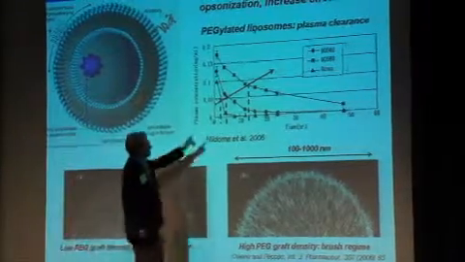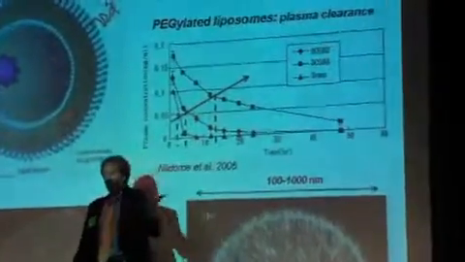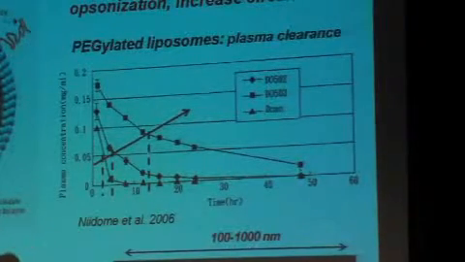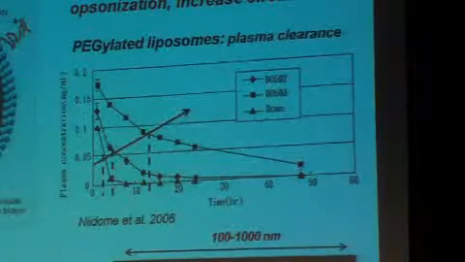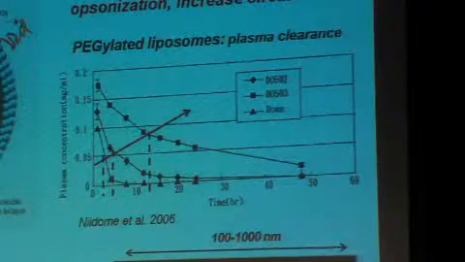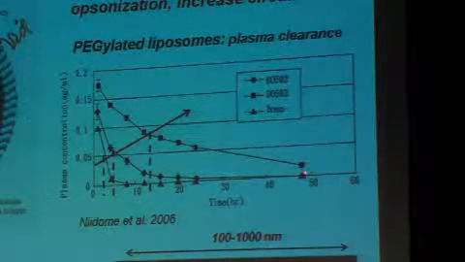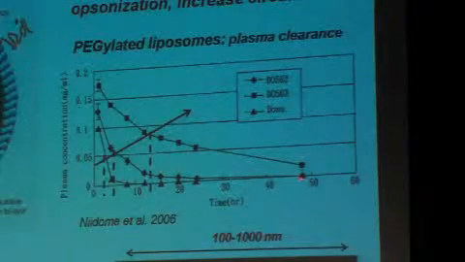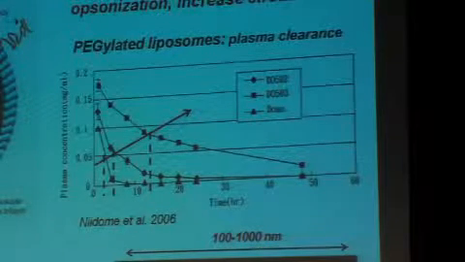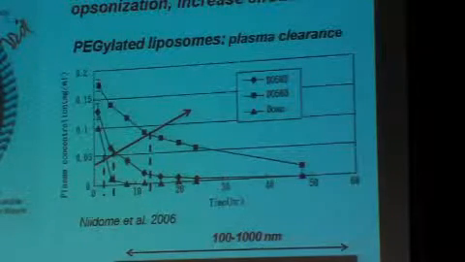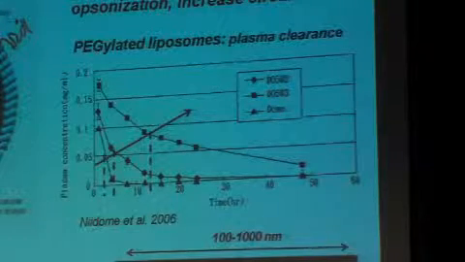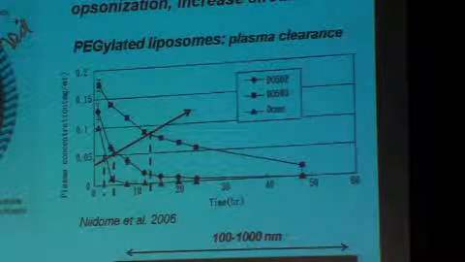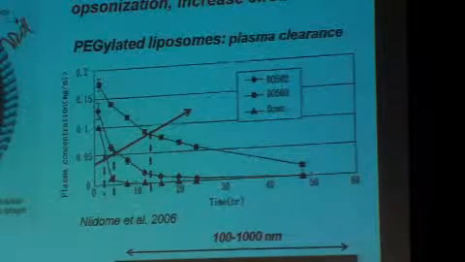And what we see is that we can improve the half-life. The circulating half-life goes up to what? 12 hours. So the longest circulating liposome that we have circulates for less than a day. Because after 24 hours, 2 days, after 48 hours, almost 100% of that dose is cleared from the human body. So that's what we call a long circulating system. Inject it, 2 days later, it's gone. So the longest circulating therapeutic we have has a half-life of 12 hours and a circulating lifetime of 48 hours. That's what we call long circulation.